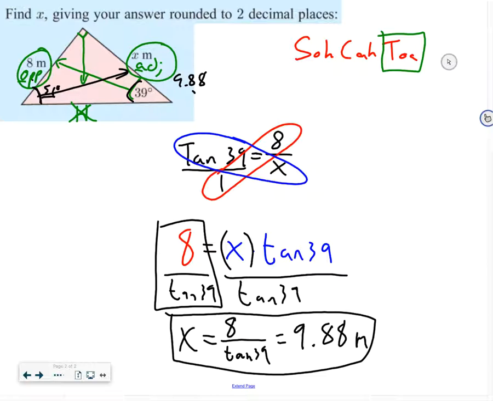That concludes our notes tonight on finding side lengths of a right triangle using trigonometry. Highlight any questions you might have and bring them to